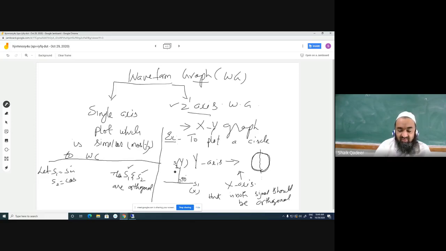Where can we see this type of signals? We have this type of signal in our hand. Frequently we are using sine and cos. Sine and cos are orthogonal to each other. So after doing this,